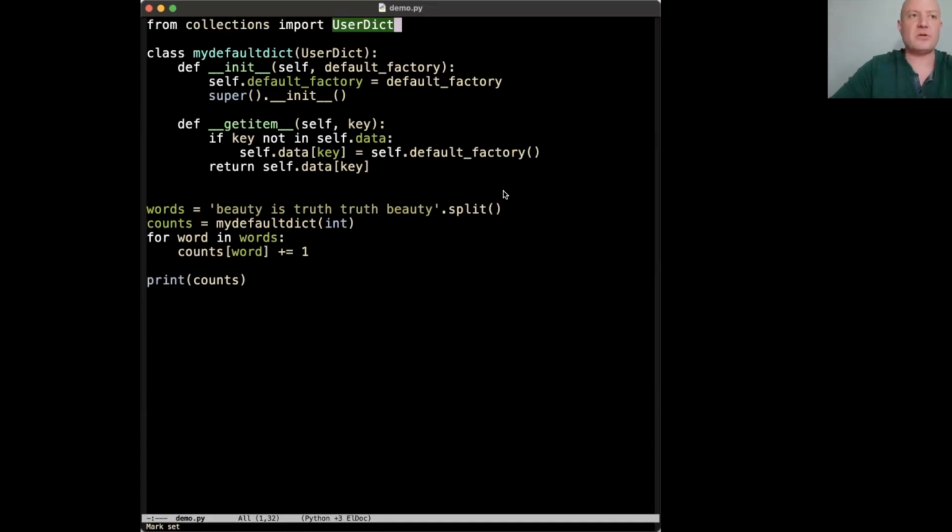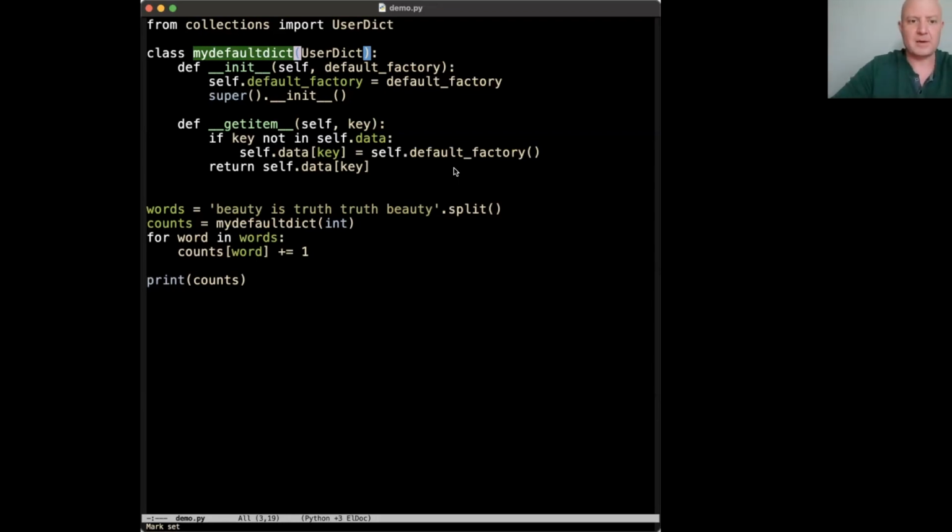So it's not meant to convey anything about the type hierarchy in the spectrum of general to specific that you normally have in an inheritance chain, right? Instead, what we're going to do is we're going to have UserDict, and UserDict is going to be a mix-in to our class called MyDefaultDict, so that it brings in certain